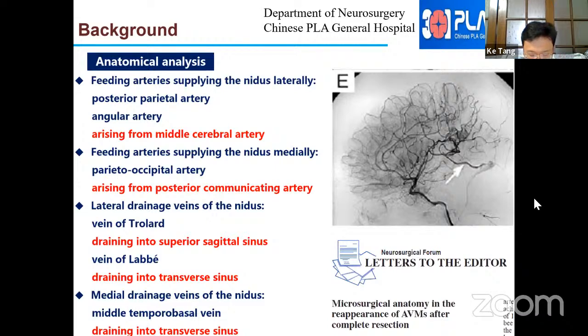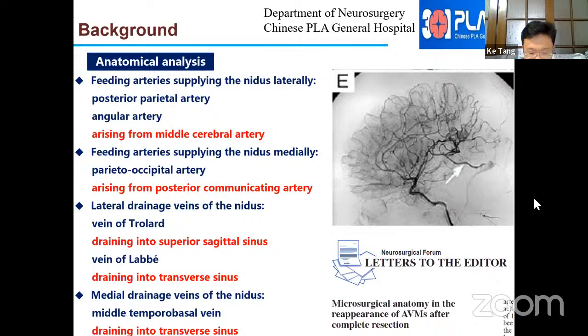A parietal craniotomy might have been performed, and the resection might begin with the lateral part of the nidus, following the occlusion of the parietal artery and the angular artery. The dissection of the major nidus would then be achieved. In this scenario, the vein of Cholat and the vein of Levy connecting to the nidus laterally could have been separated successfully, but the medial fragment, the portion of the nidus, might have remained hidden due to the deeper